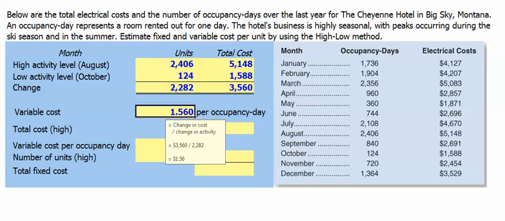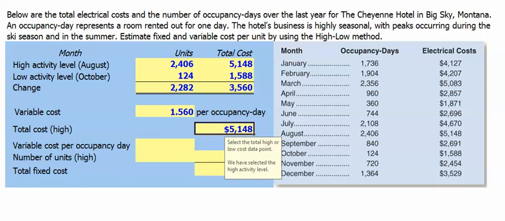Our variable cost per unit or cost per occupancy day then is the $3,560 in cost divided by the change in units of 2,282. We get a variable cost per occupancy day of $1.56. Next, we select either our total high or low cost data point. We've selected our high level of activity, where we had a total cost of